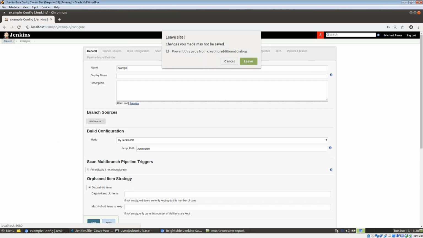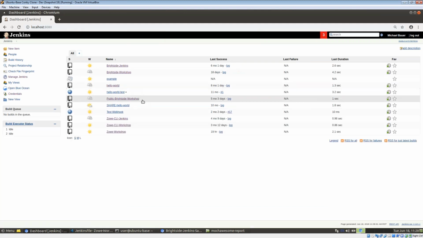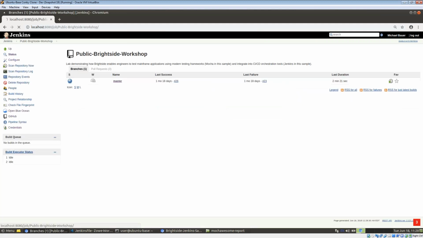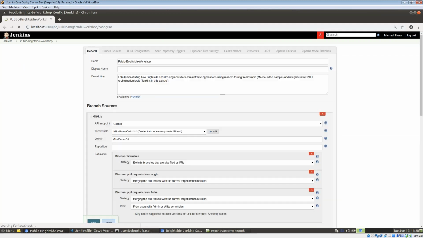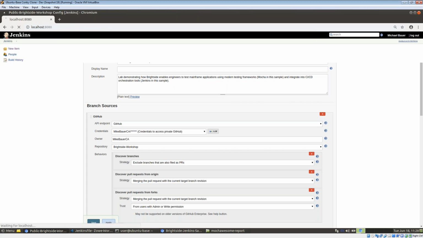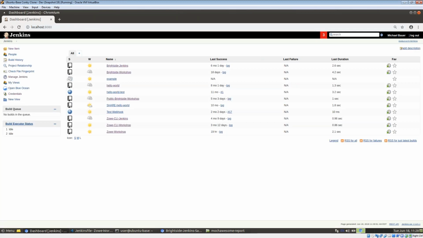Let's look at one that has this completed. So if I go to right side, public workshop. We look at the configurations. We can see in this case, I'm going to public GitHub with my public GitHub credentials, enter the name. This is my personal GitHub account and the repository I'm interacting with. So that's how you set up your Jenkins project. But now to